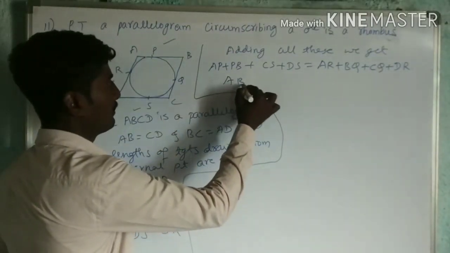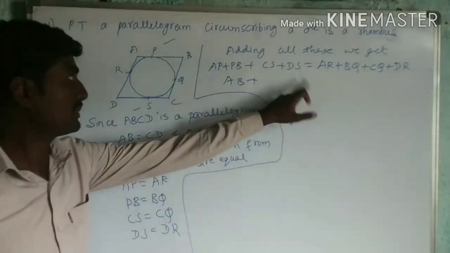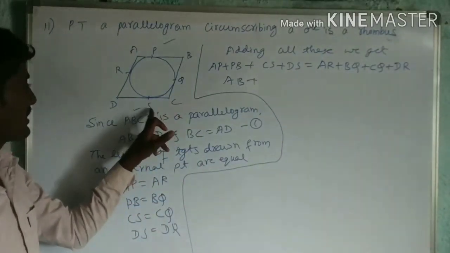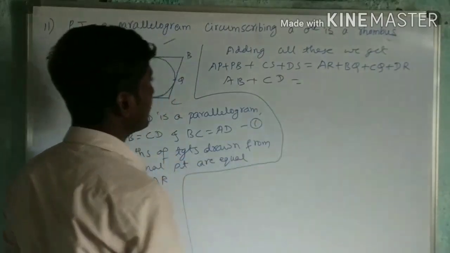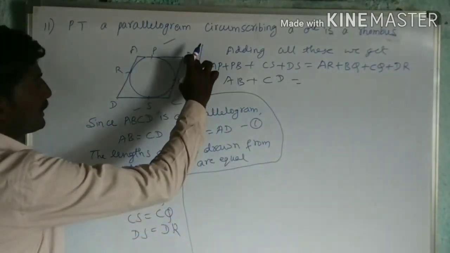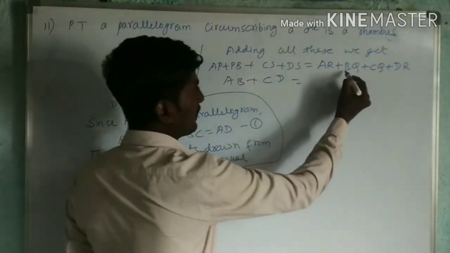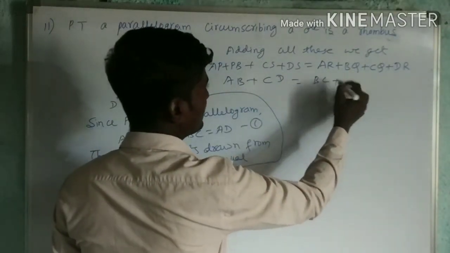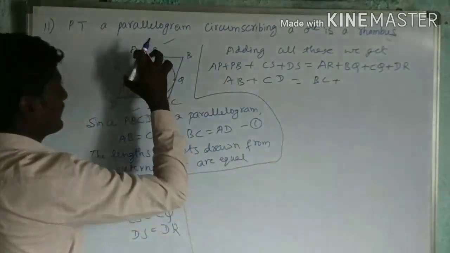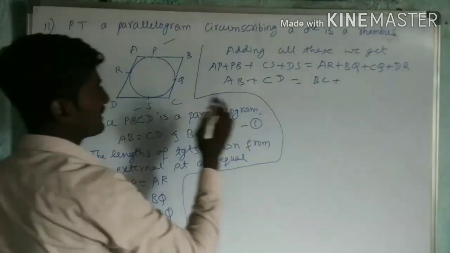AB. Plus CS plus DS, that means CD, is equal to, now BQ plus CQ, I can write as BC, plus AR plus DR,